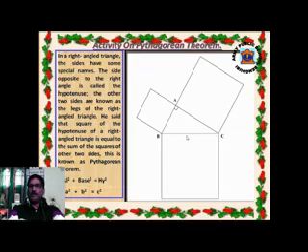Now the question is, what am I going to show? If I cut this figure into different parts and paste it on the square made on BC, that is the hypotenuse, and also the square that I have made on the base, it will exactly fit inside the square. Thus our theorem will be proved. Then how can it actually be done? You just see.